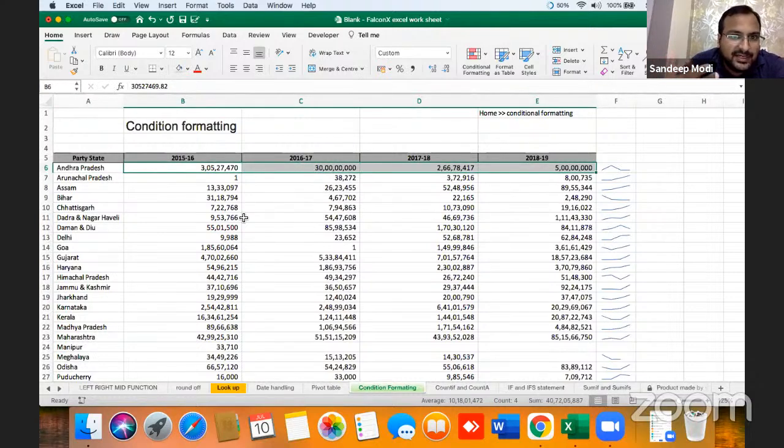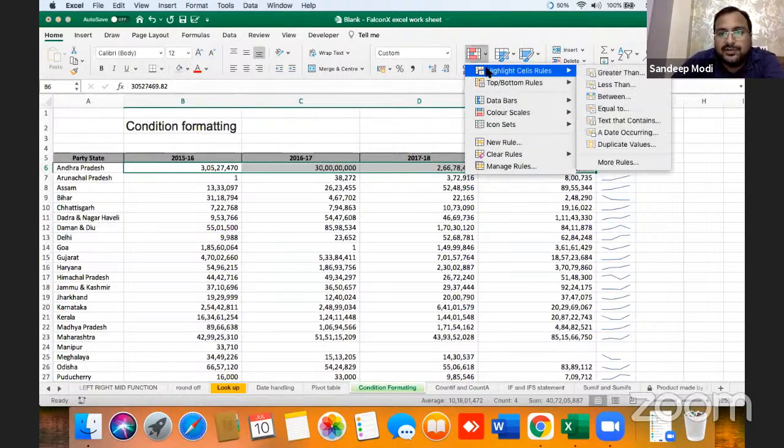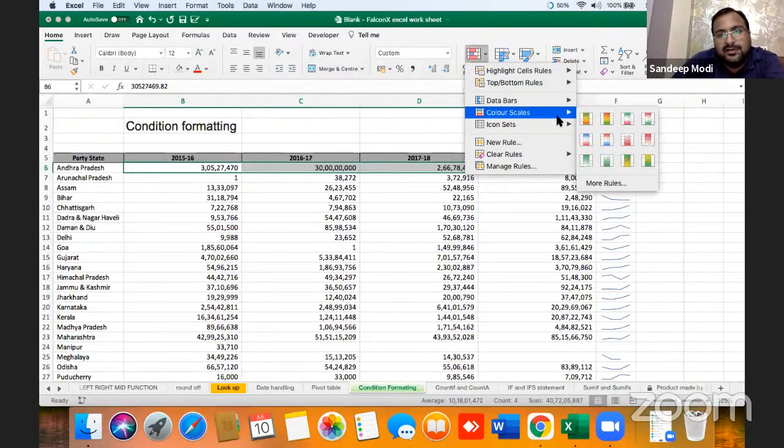This is the sales data. So I want to highlight the year in which there is the greatest sale of the particular state. So we will go under the head home, conditional formatting, color scale. Your color scale options are there. Green to red means whenever it's a green, sales are shown in green to red and purchases are showing red to green. So here you can select as per your requirement. Currently I am selecting green to red because it's a sale.